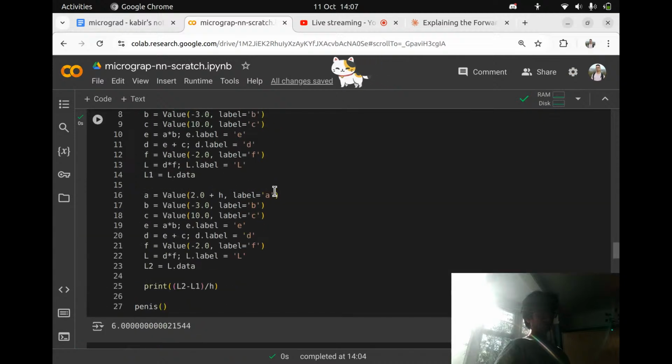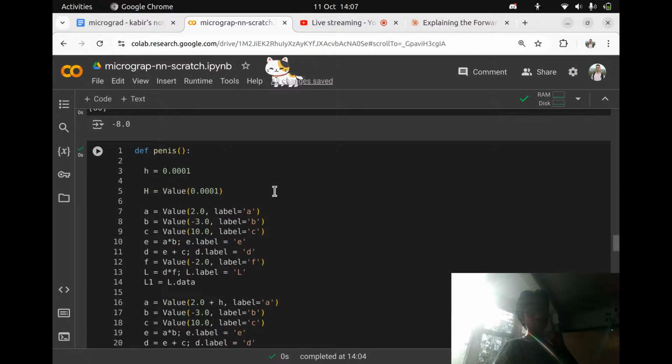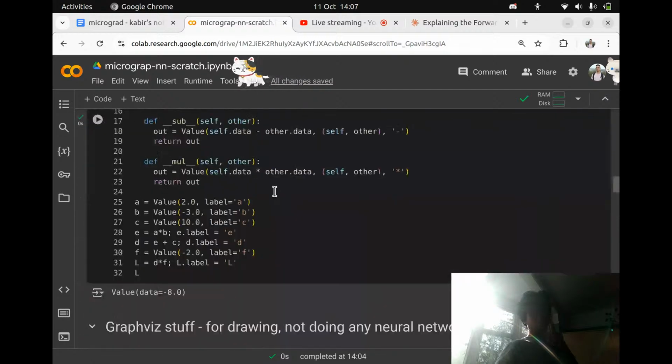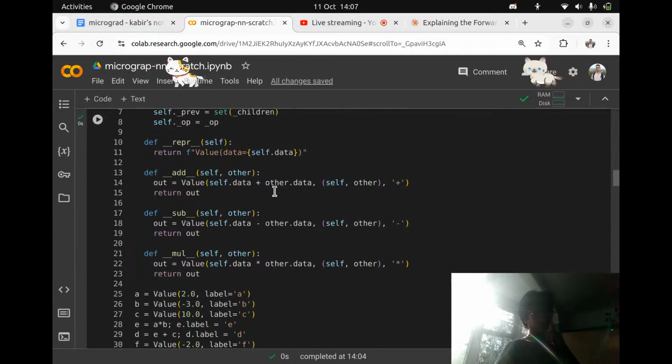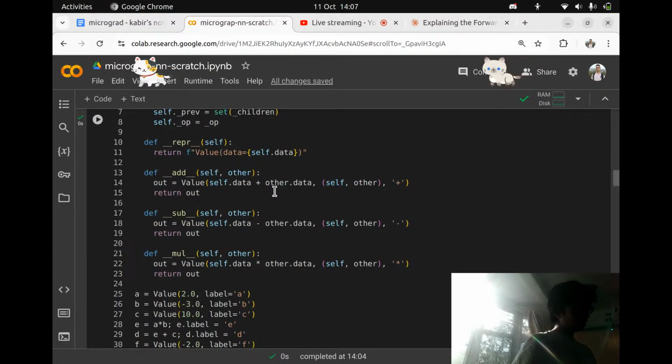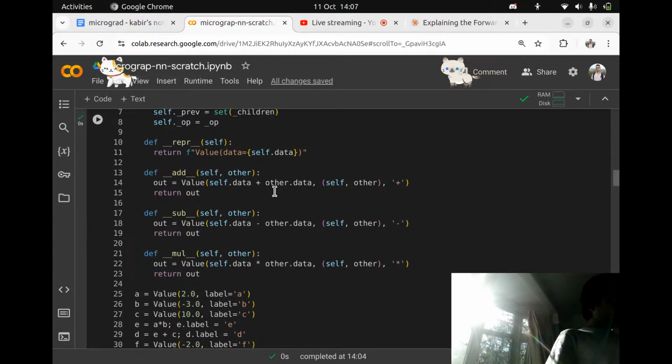So let me actually copy paste. Let's grab n, which is self.data, and then this, I believe, is the tanh. Math.exp of